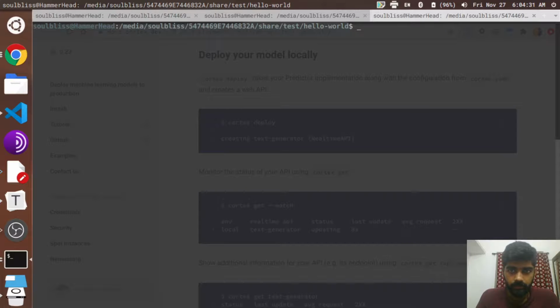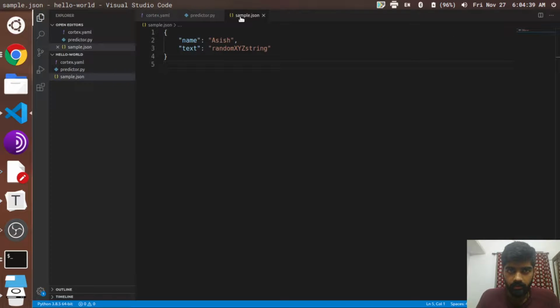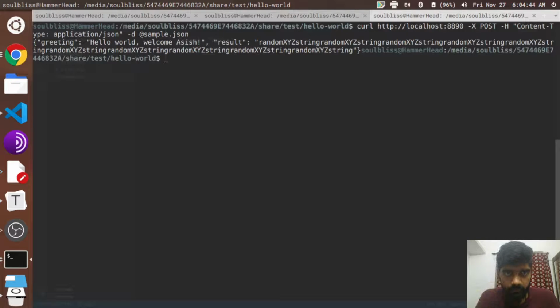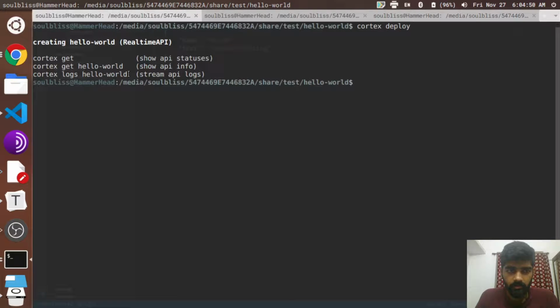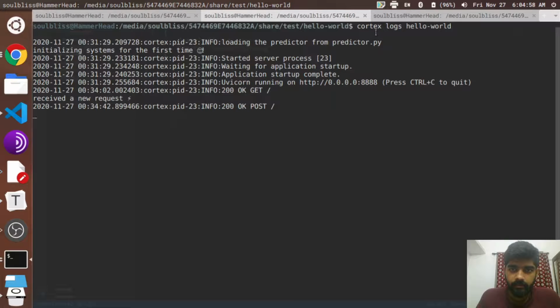And when we run it, we are sending a curl request at this API endpoint with the sample JSON having these contents. So once we send this, our Python function is running. And to get a much finer preview of what's happening in the backend, you can just see the logs.